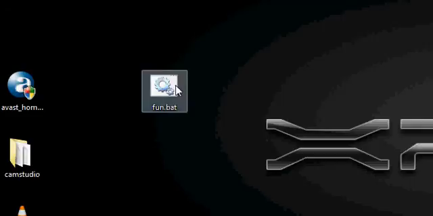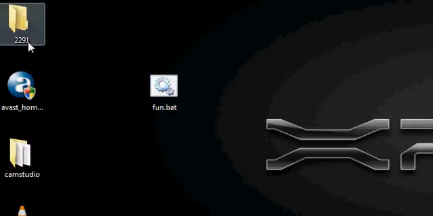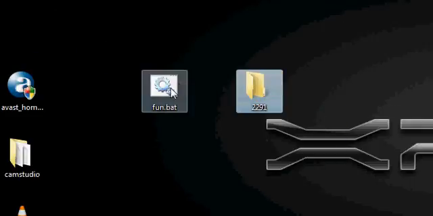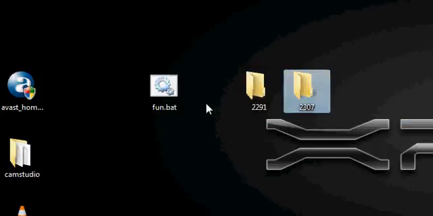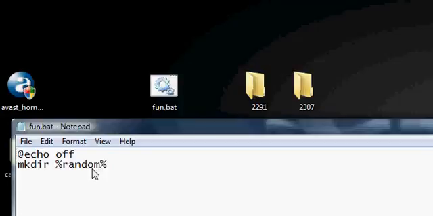So if I run this, it makes a random numbered folder. If I run it again, it makes another random folder. That's because it only makes one folder since I edited it. If I put in this start again,